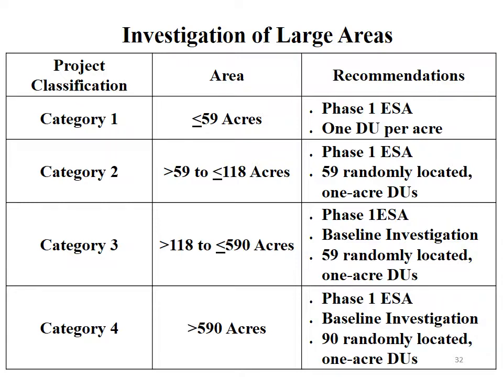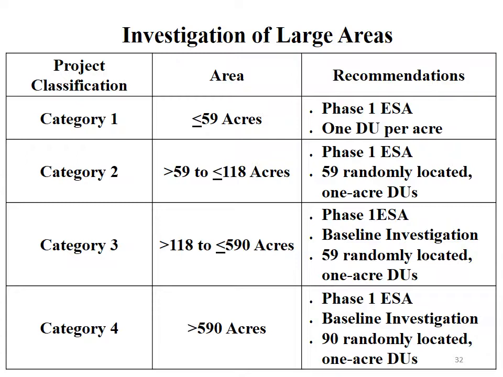Again, phase one is conducted in every case, and if that phase one reveals any area where there's a source or spill area, those are analyzed totally separate as separate DUs in addition to the DUs we're talking about here in the baseline investigation